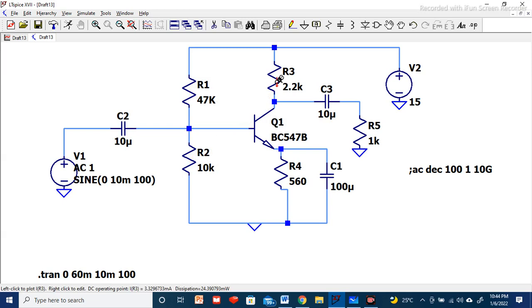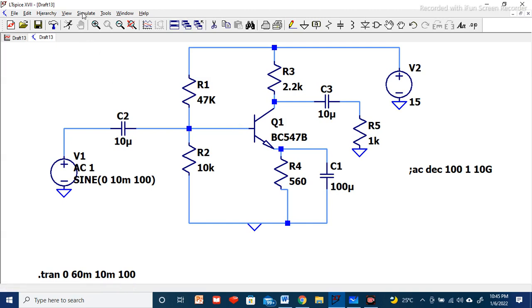So from here we can see IC is 3.32 milliampere and IB is approximately 11 microampere. With this, if we take the ratio for the transistor, our beta comes to be around 300, which is approximately the same as for the transistor. It was 294. So this way we have seen in the transient analysis that our signal is getting amplified by a certain factor, and the output voltage is 180 degrees out of phase.